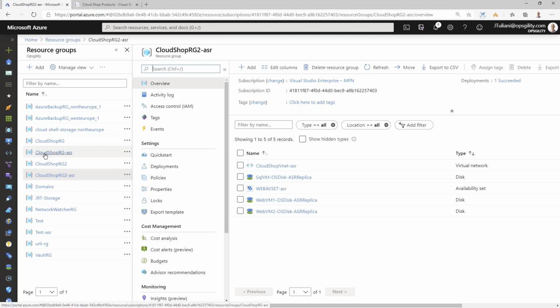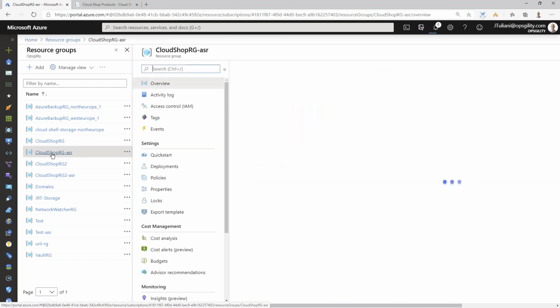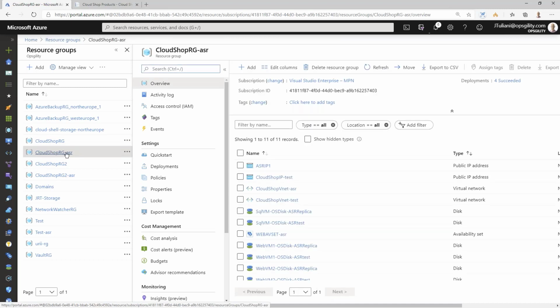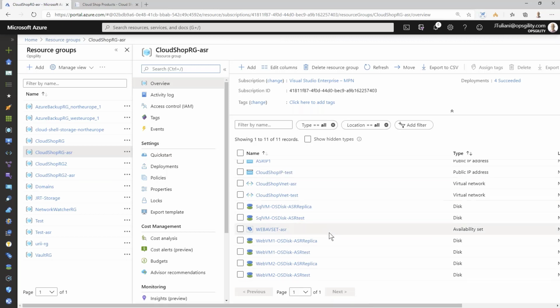If I look at my CloudShop RG ASR, this is the new one that we just set up the replication for. The one here without the number 2, this is the one I set up earlier that we just kicked off the test failover for. So if I look in this resource group, you'll see here I have the